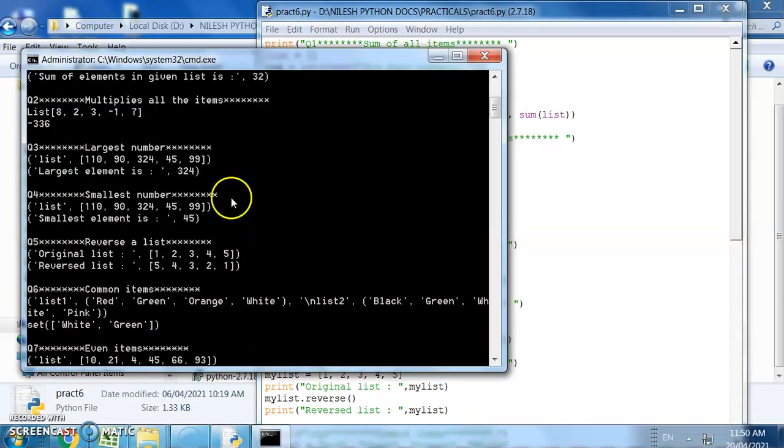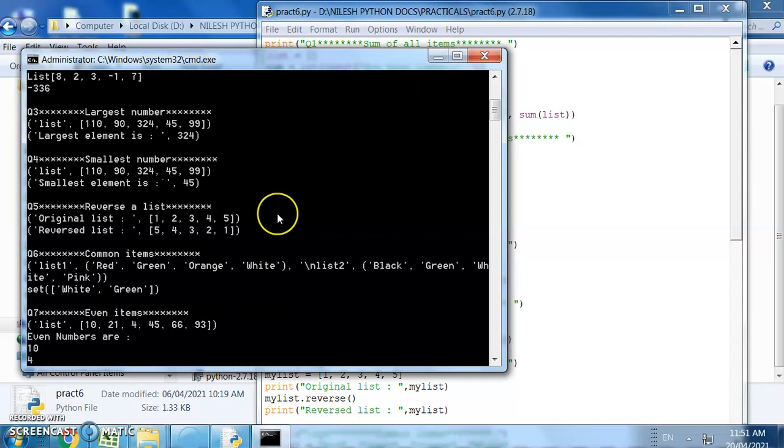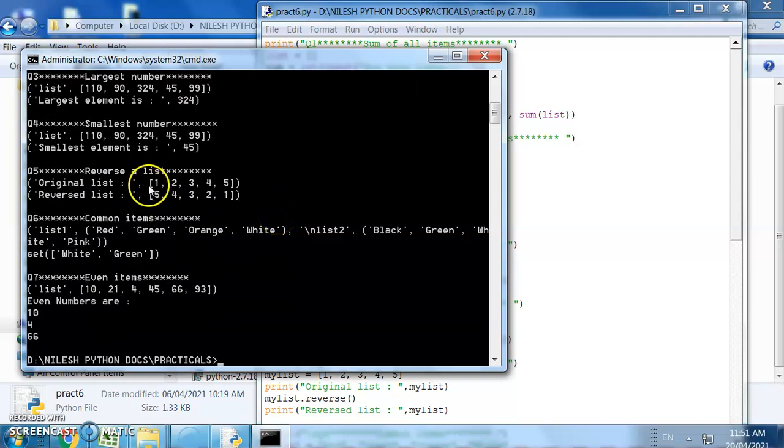We are finding the largest number. This is a list and we are finding the largest number using the max function, that is 324. In this specific list we are going to find the smallest number using the min function, that is 45, displayed over here. Next, if you want to reverse the list, these are the list elements. We can use the reverse function and directly the elements are shown in reverse order.